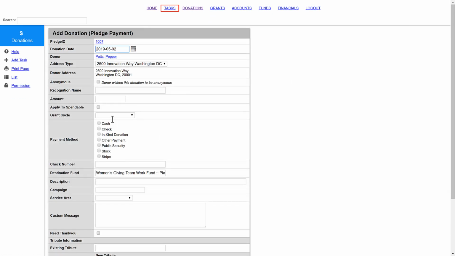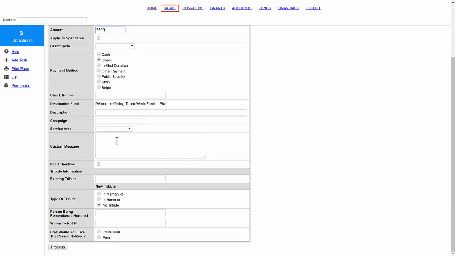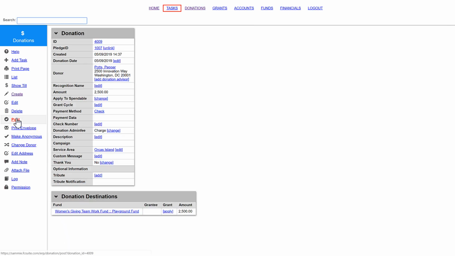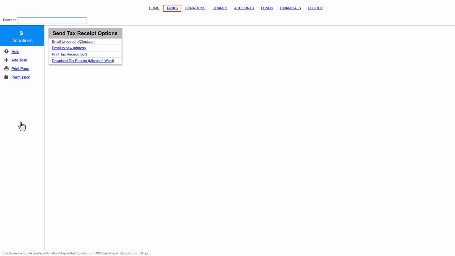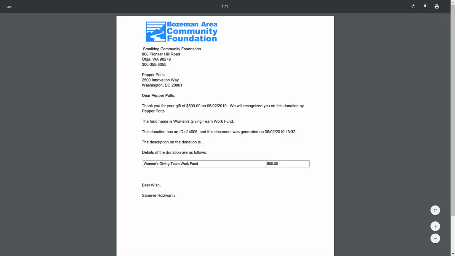What type of donation was it? Was it a check, cash, public security? All of the pieces of CommunitySuite are built to ensure that you're capturing the right information for your accounting team. Finally, you can send tax receipts directly out of the system, or even print them out. Along with all the debits, credits, and transactions happening in the back end of the system, you can also have